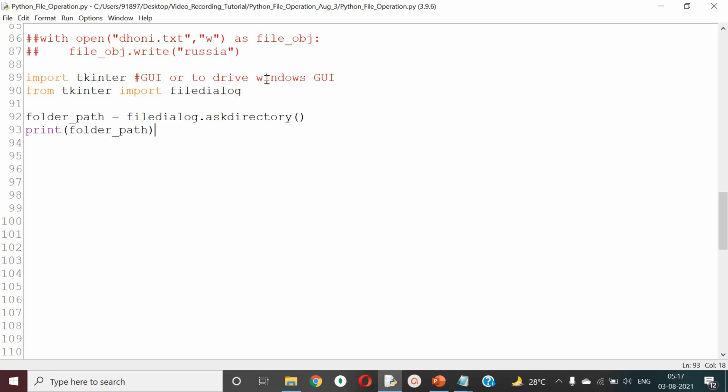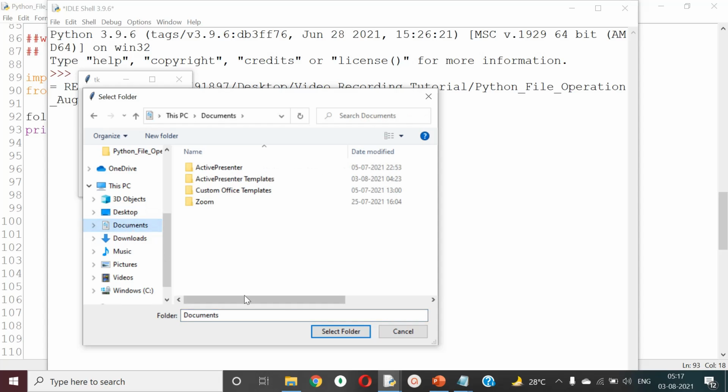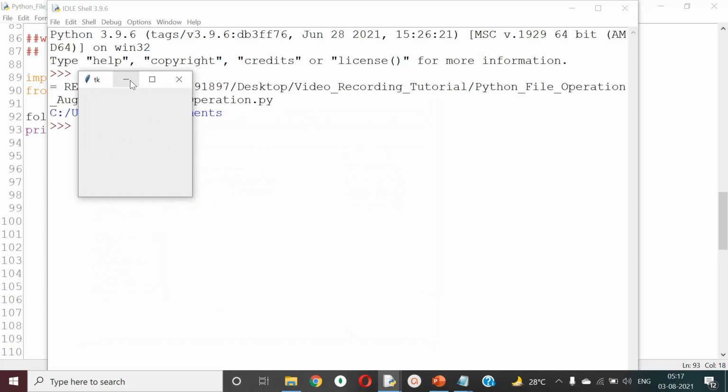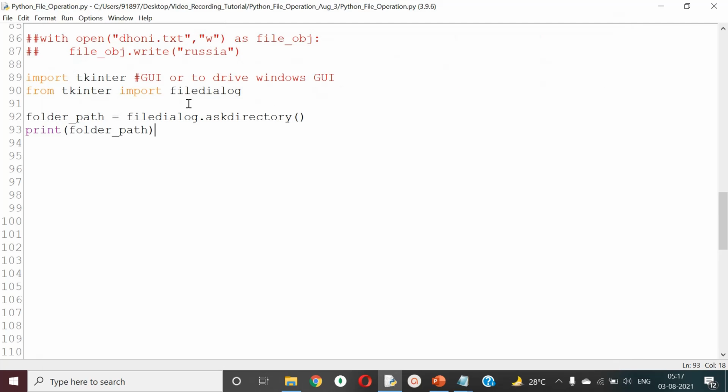When you run this code, look at this. Now it is asking you for the folder to write this file. Now you can select any folder of your wish. I selected this folder. Now what will happen when you do the write operation? It will write onto this specific folder of your wish. So that's the beauty of Tkinter.